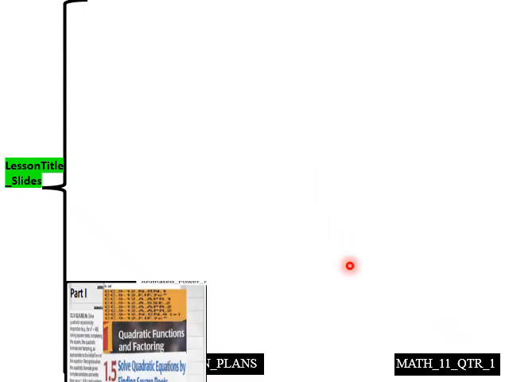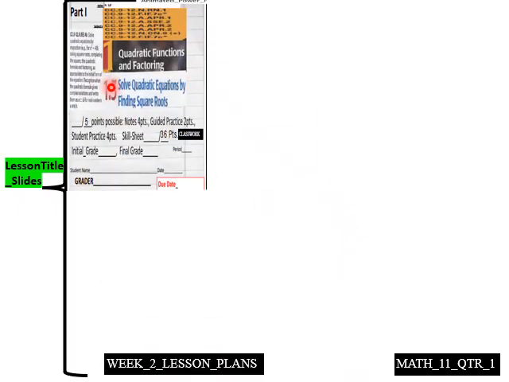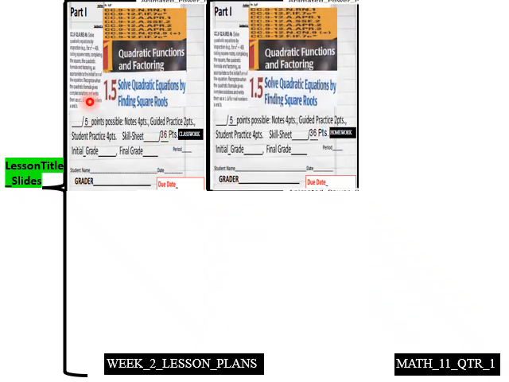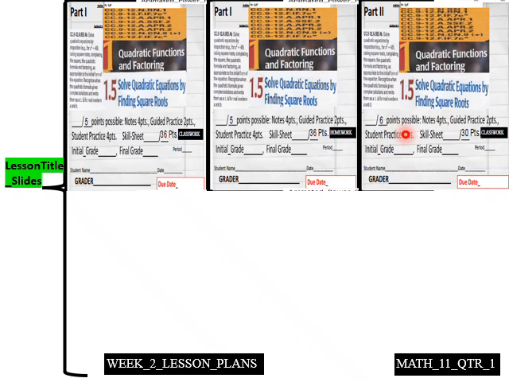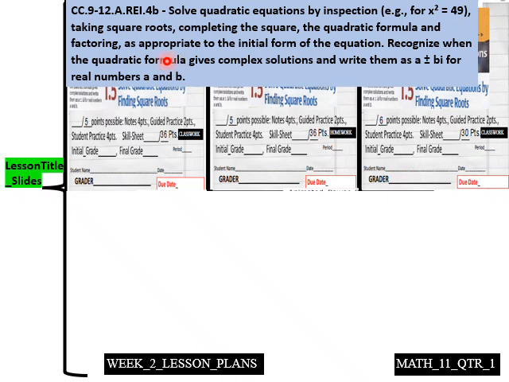Off further into week 2, we go into 1.5. 36 points classwork part 1 here, 5 points note taking. And then 1.5 homework, 36 points of homework for part 1. 1.5 part 2 classwork, 30 points, 6 points of note taking. And then our standard here is